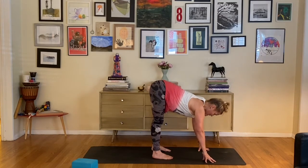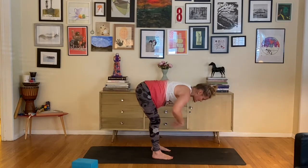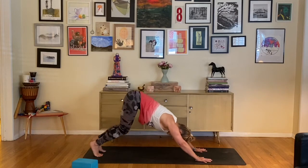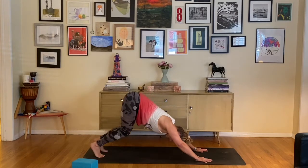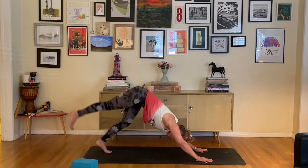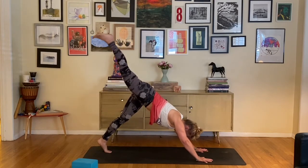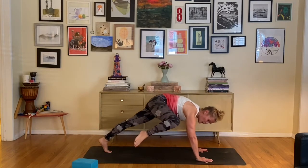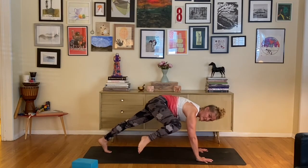Wave out to that halfway lift, wherever it is. Hands flat, step back, downward facing dog. Bend your knees. Inhale, bend, bend, bend, and send your right leg high. On the exhale, push into the ground and scoop in and up, over to that right tricep, lifting through the